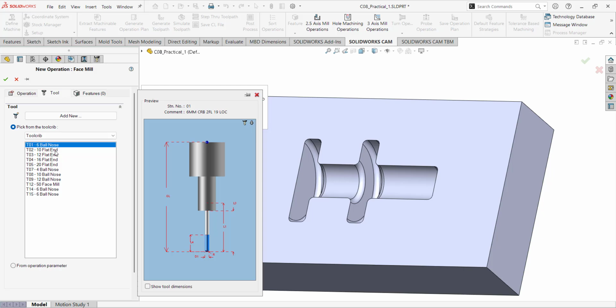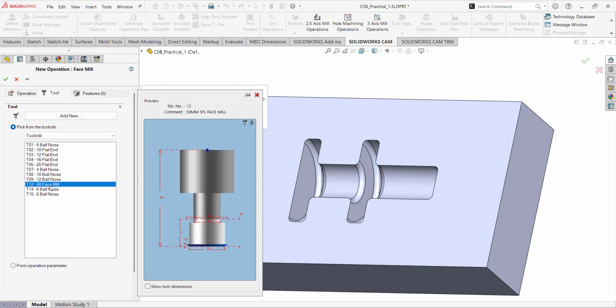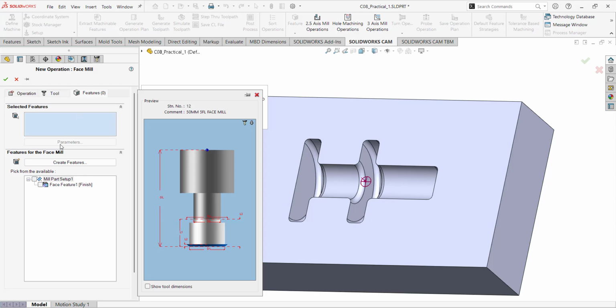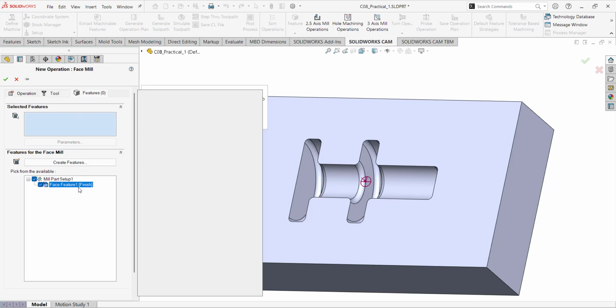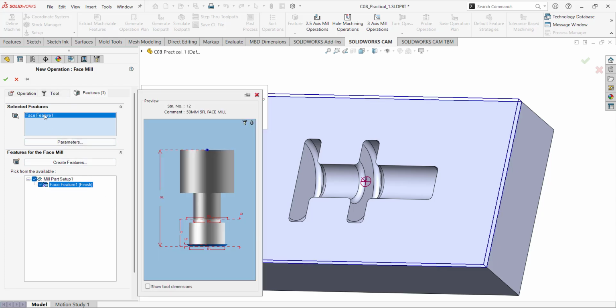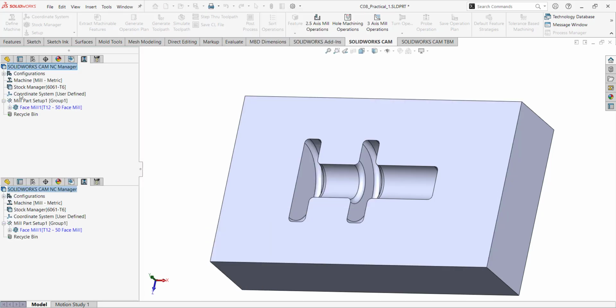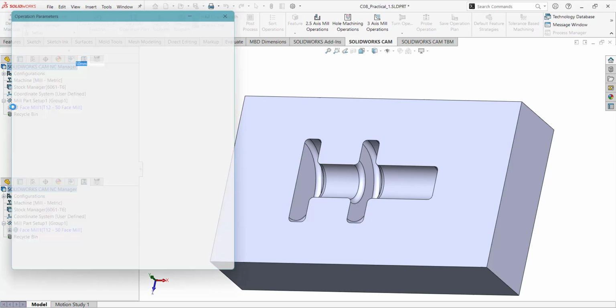Select the cutting tool to be used for face mill. We will be using this G12 50 face mill, and click on this feature tab and select this face feature earlier created and click on the OK button. So face milling operation is now created,